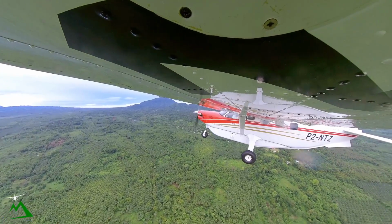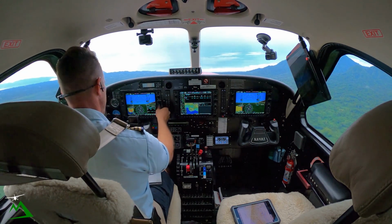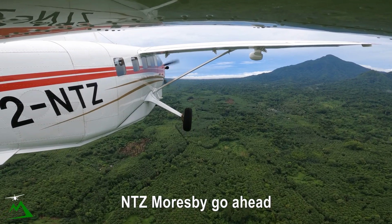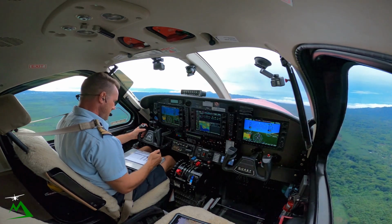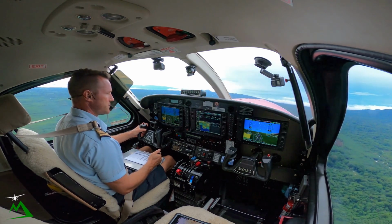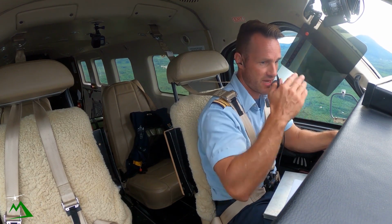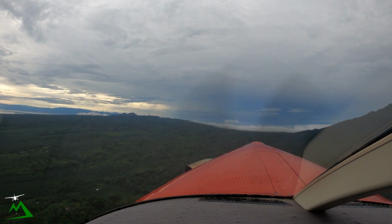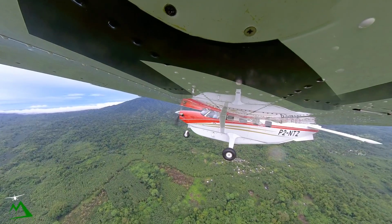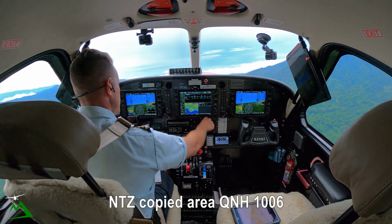Moresby 8861, November Tango Zulu departure. November Tango Zulu, Moresby, go ahead. November Tango Zulu departed Hoskins, time 34, tracking 179 on climb below 5,000, estimating Gasmata 55. November Tango Zulu, copied, QNH